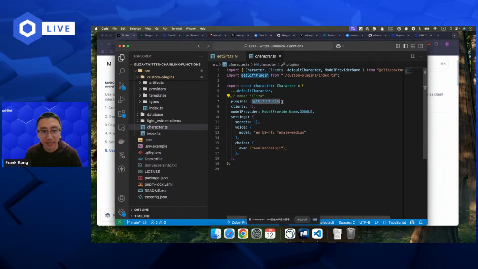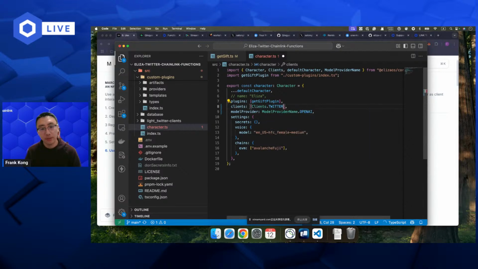And here, we have our plugin, the get-gift plugin. And we can also define the model provider. So here, like .google, you can use .openAI. And if you use OpenAI, the AI agent will definitely use the API key you provided for OpenAI, ChatGPT. And for the client here, you can use